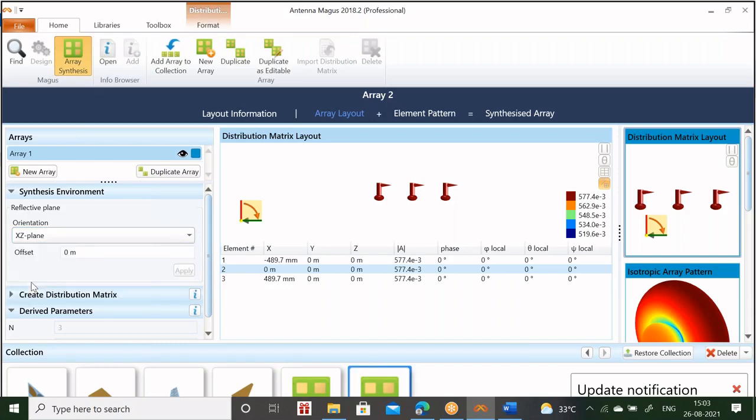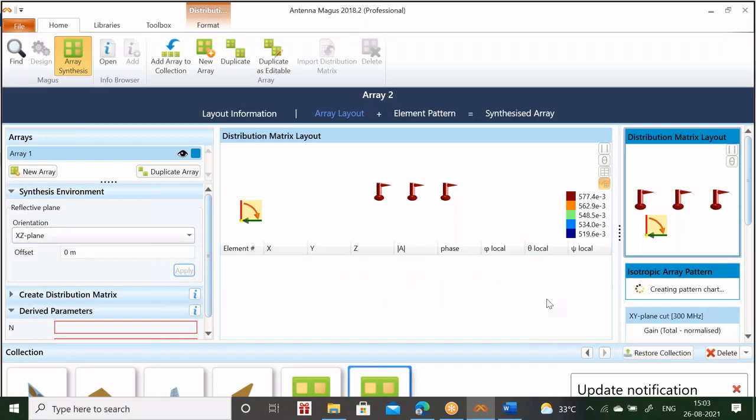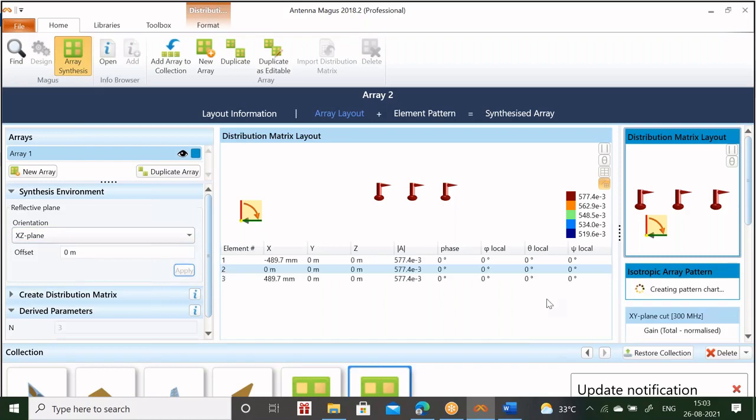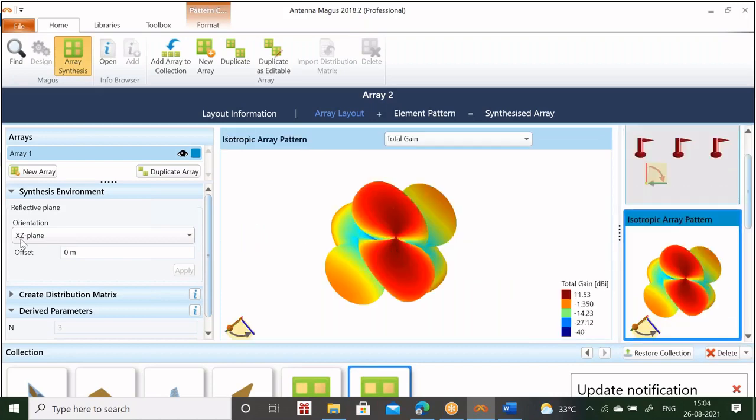If you want to have xz, if you apply xz, just look at the radiation. Now look at the, see the radiation xz plane.